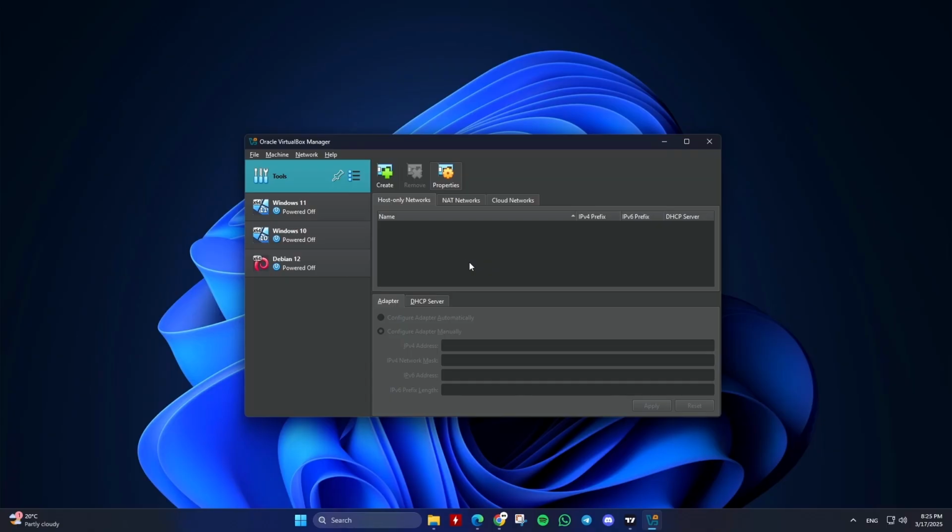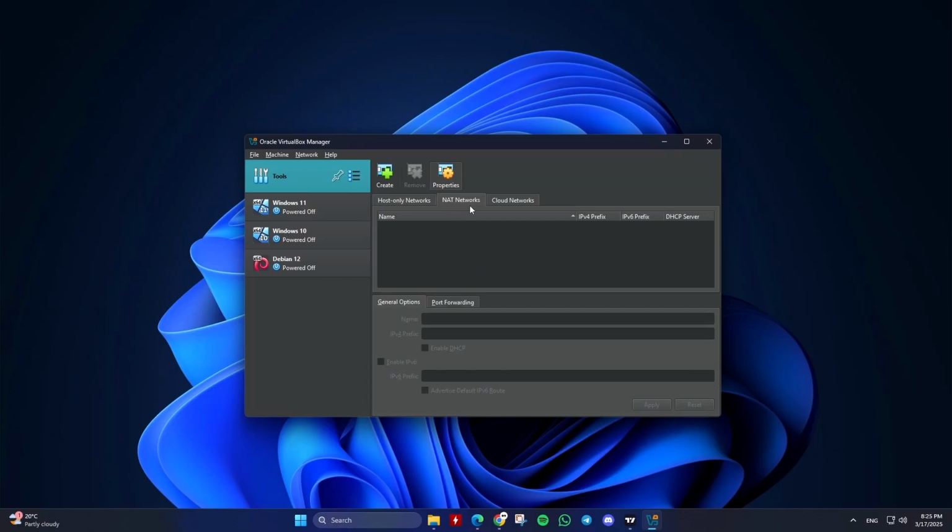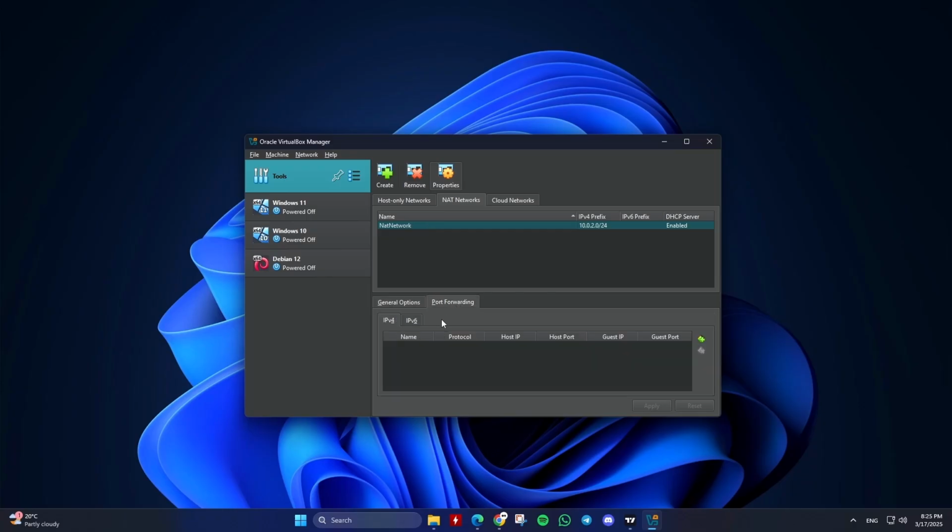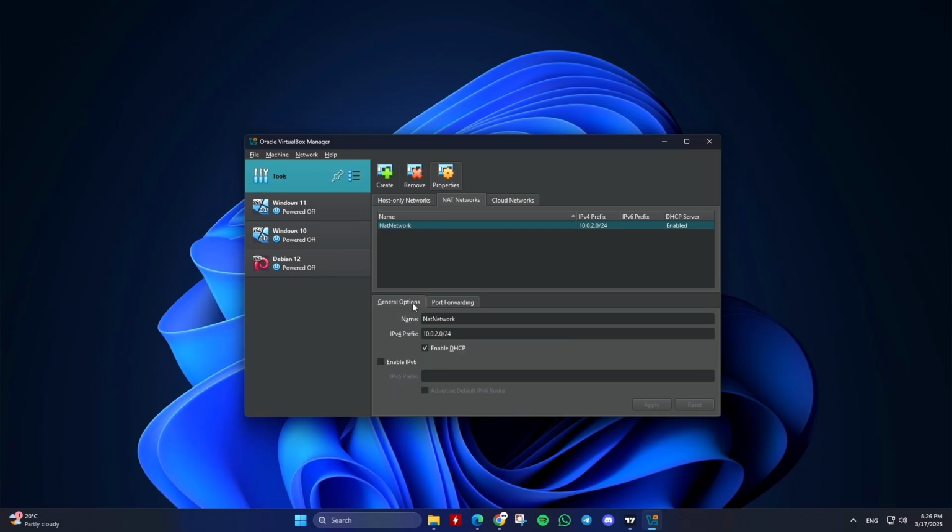Setup. In the Network Manager, go to the NAT Networks tab. Click Create to add a new NAT network. Configure settings like IP range and port forwarding, if needed. Assign this network to your VM by going to the VM settings, then Network and selecting NAT network in the